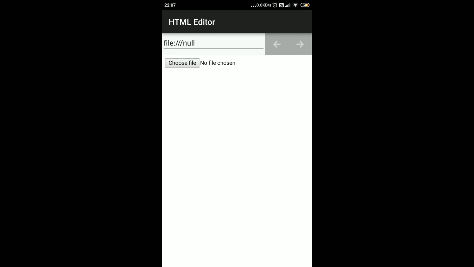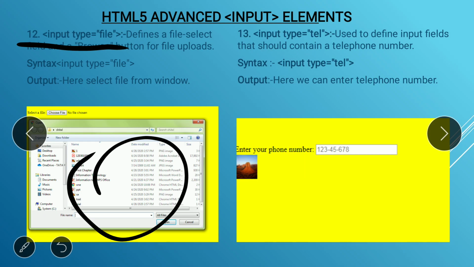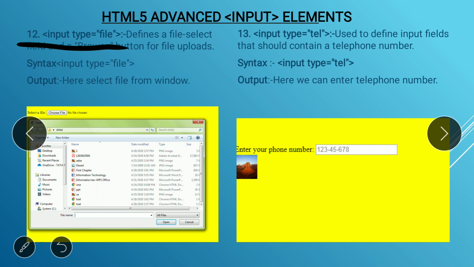Okay, that HTML editor does not support those controls, but in my PPT you can see here that the window pops up when you click on that button choose file, and you can select any file from that window and just open.